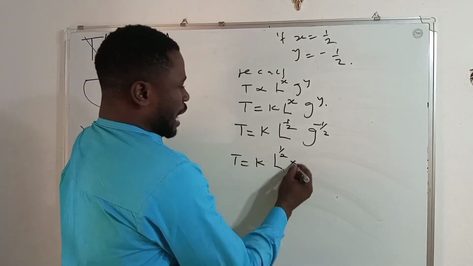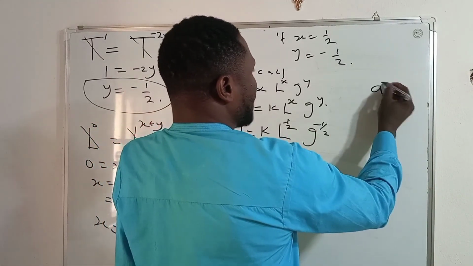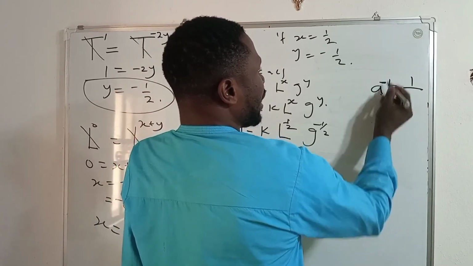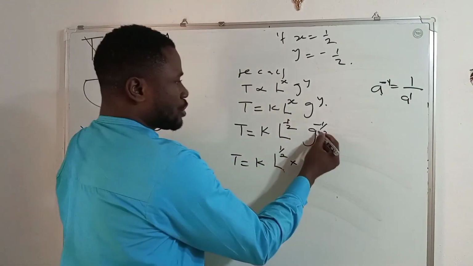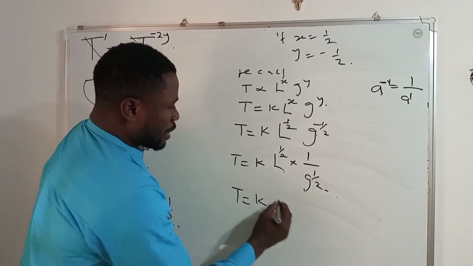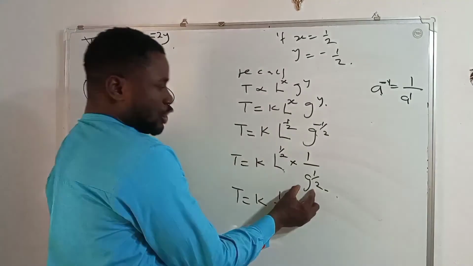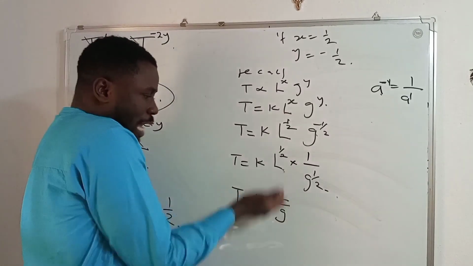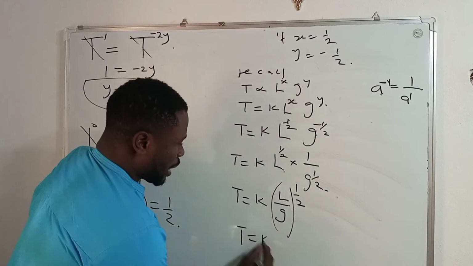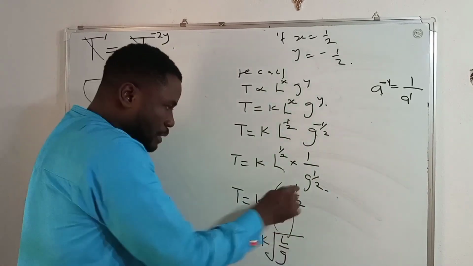And then this is t equal to k, l raised to power 1 all over 2. Of course, you know that this is times. This minus tells us 1 all over indices. Anytime you have a raised to power minus 1, for instance, the minus itself means 1 all over. The a will be here and 1 will be on top here. So it means that this is 1 all over g raised to power 1 all over 2. This is equal to k l all over g. You can see that this L has 1 all over 2 and G has 1 all over 2. So it is L all over G raised to power 1 all over 2. And this is the same as T equal to K, the square root of L all over G, where the square root here represents 1 all over 2.